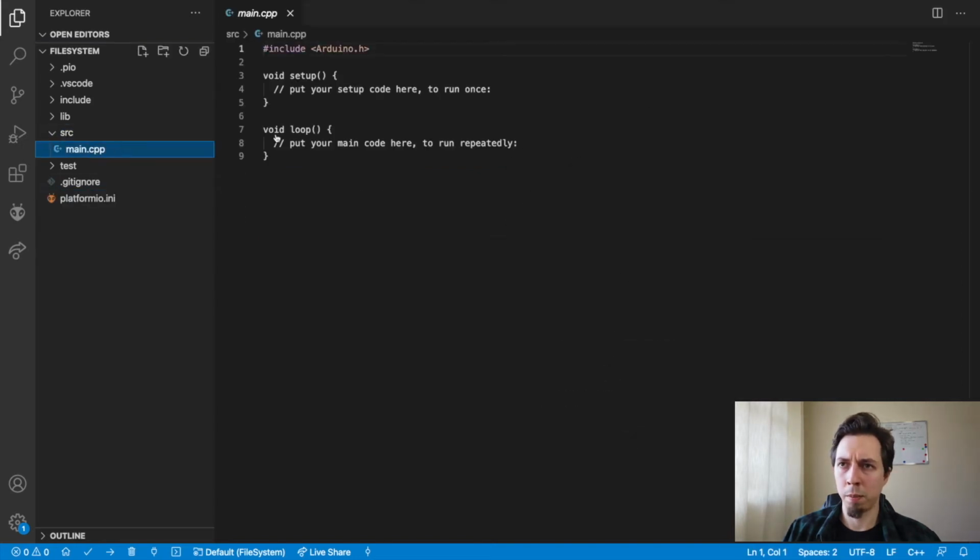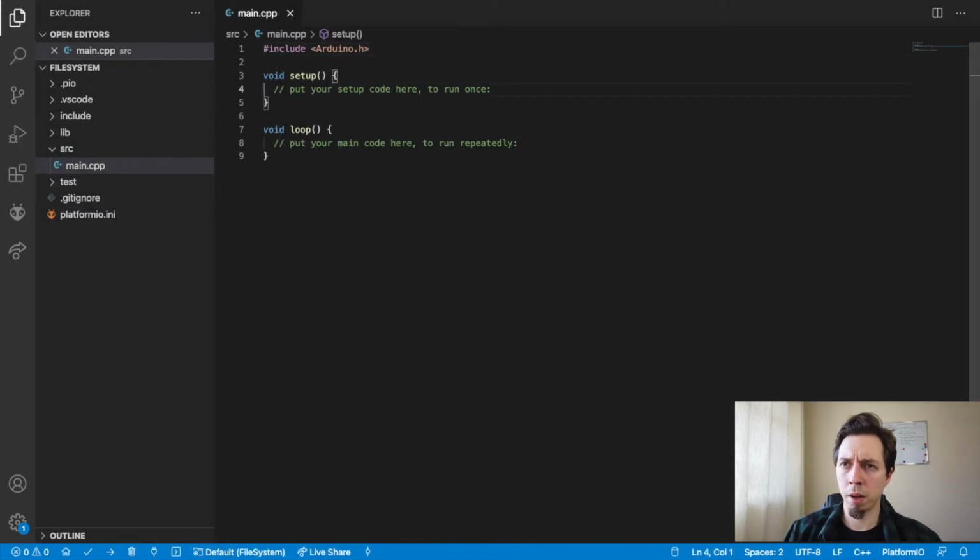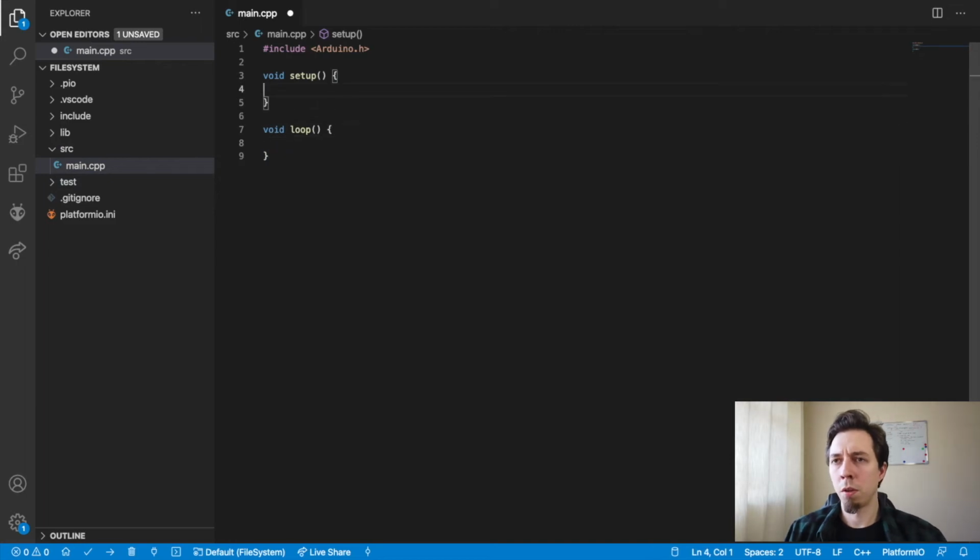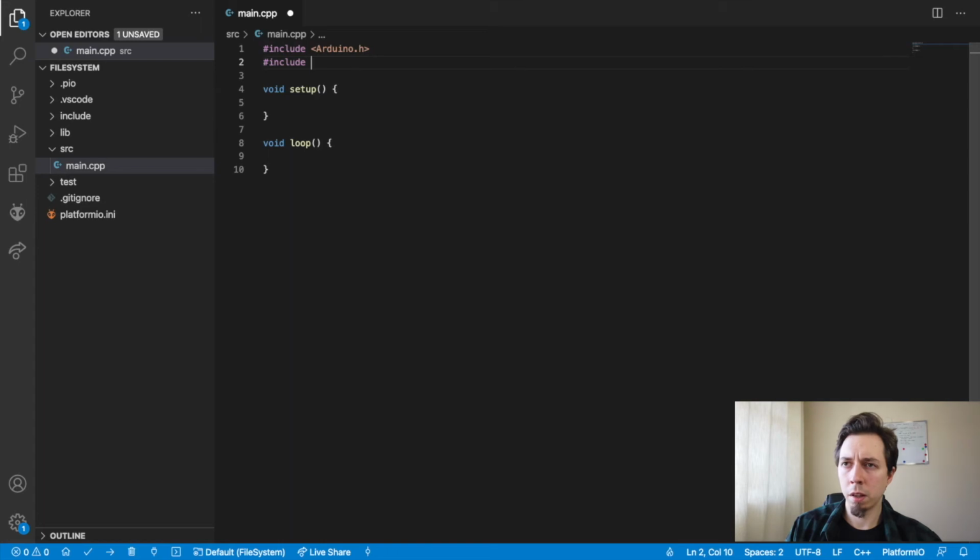Okay, and now I'm going to open main.cpp and let's think about the exercise that I'm going to do right now. So I guess the simplest usage of LittleFS, which I need to include, by the way, is going to be opening the file for write in the setup, maybe checking first if the file exists, and only if it doesn't exist, I open it for write, I write some information to it, close the file, and then in the loop I open it again, but for read this time, and I'm just going to print the contents